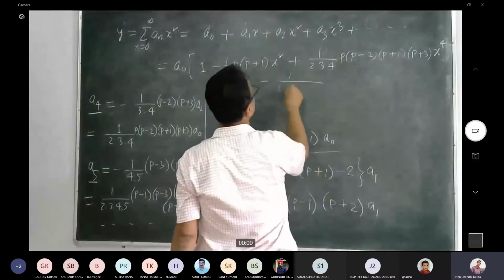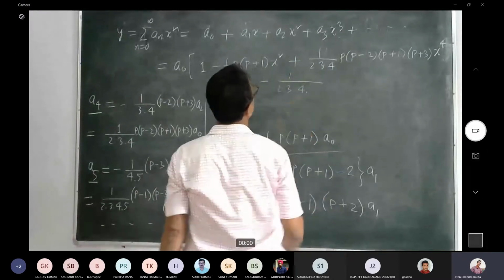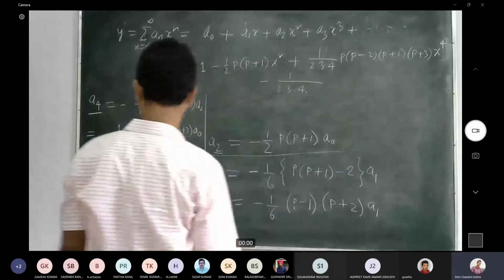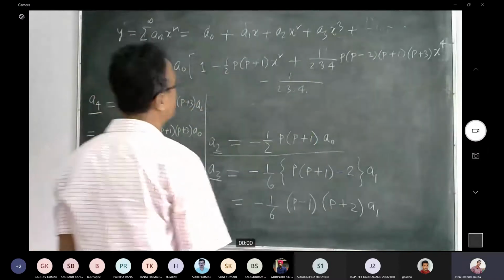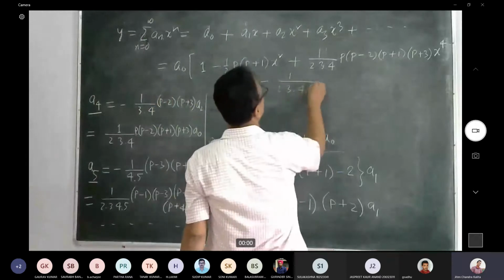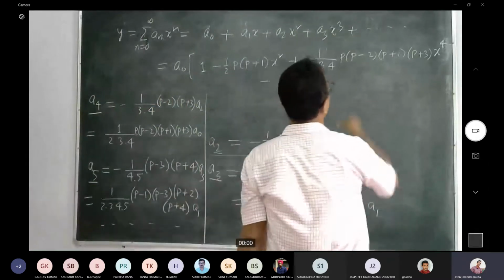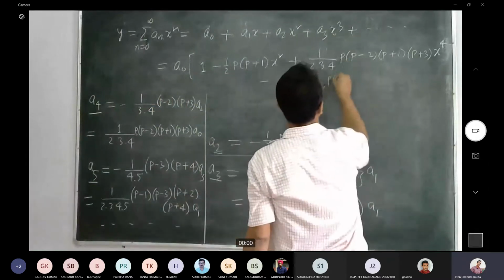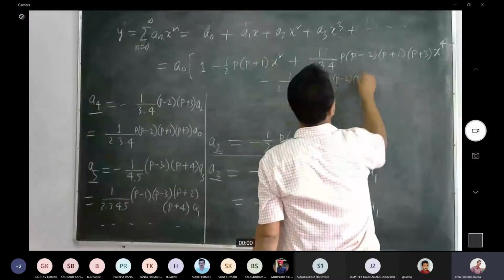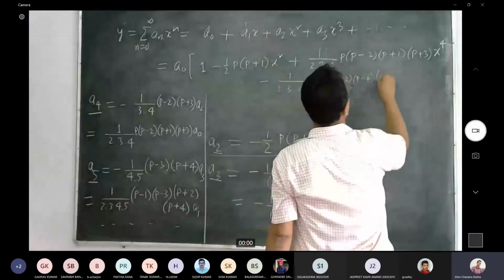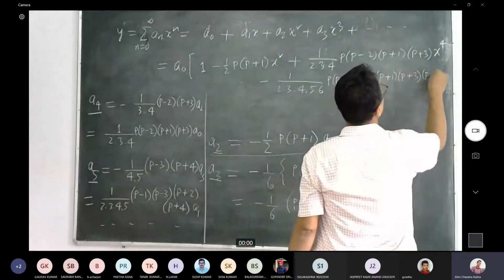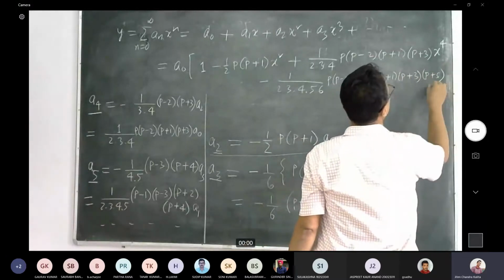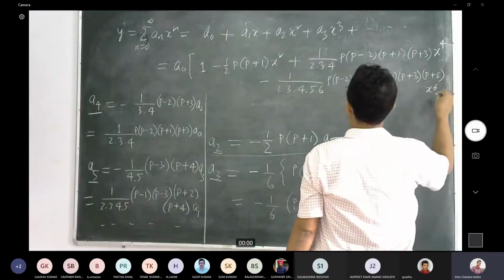It is going to be 2 into 3 into 4 into 5 into 6, right? And if I follow this pattern, this would be p minus 2, p minus 4, then this is p plus 1, p plus 3, p plus 5, your x to the power 6,